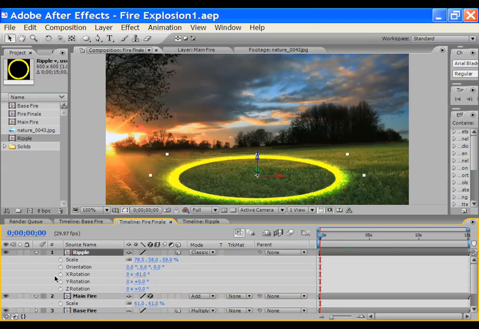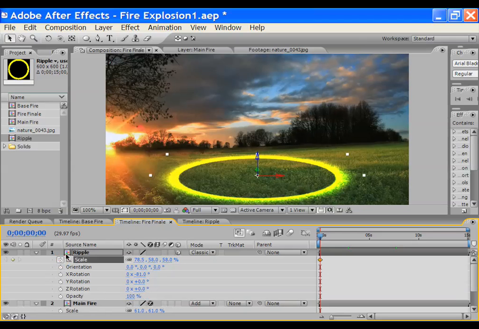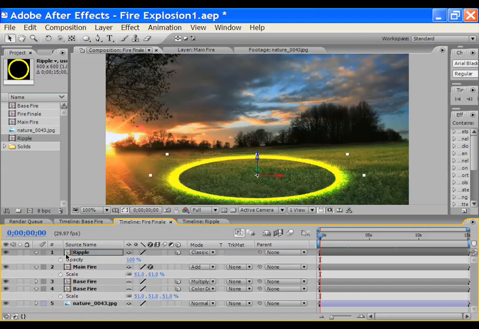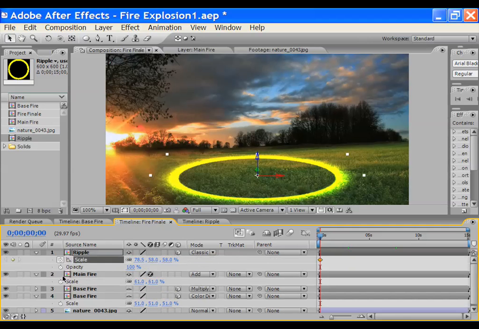So with the ripple selected, we are going to turn on its scale, and then we are going to press T once more, and then Shift S to bring about its opacity and scaling information. So we are going to click on the two stopwatches for the opacity and scale and move them to maybe somewhere where the explosion is more or less